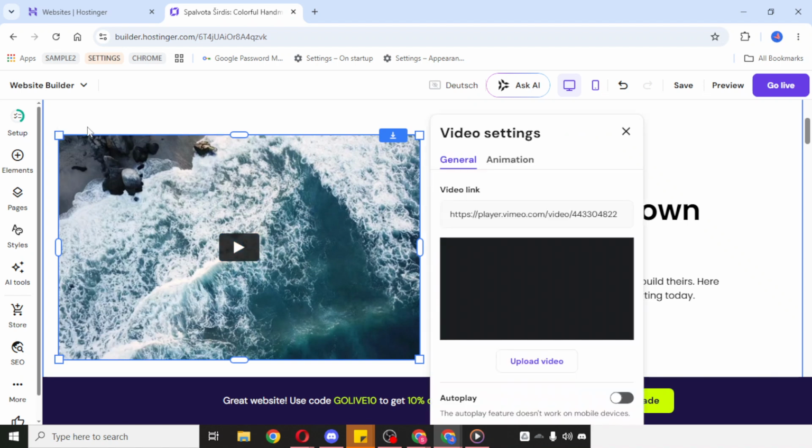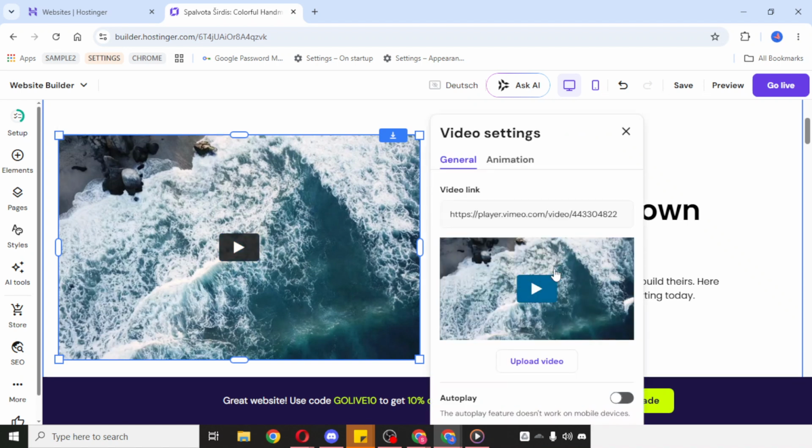If you're uploading a video, it's a good idea to use a file that is high quality but still optimized, so your page loads smoothly. If you're pasting a link, make sure it's the correct video you want displayed. Once the video is added, review how the section looks on the page. Make sure the video fits well with the layout and doesn't distract from any text or call to action placed on top of it. A clean, visually balanced section usually creates the best result.